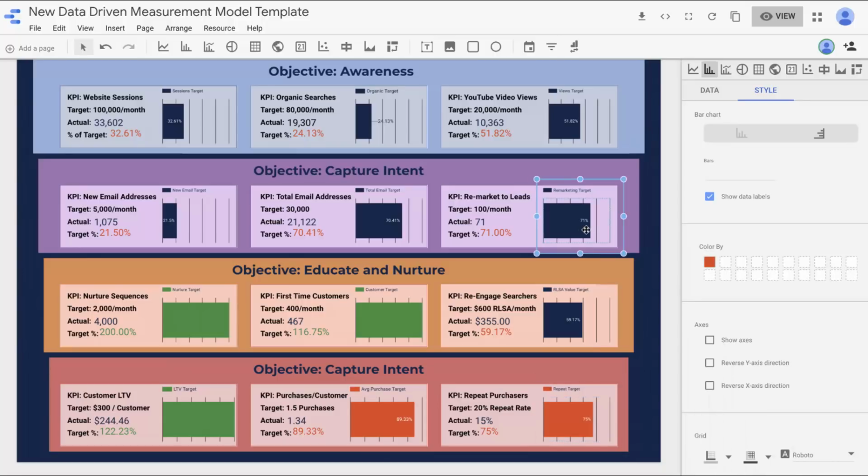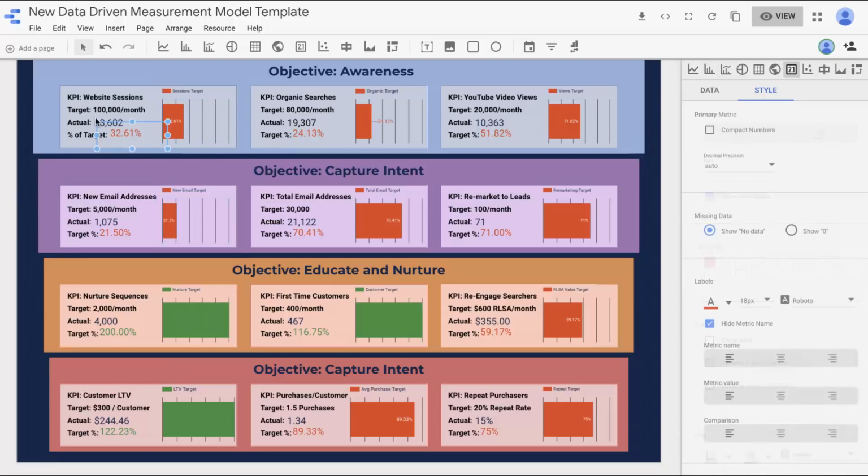So even though I consider this to be a completed dashboard, as you'll notice, it's definitely always a work in progress. So if you want to make things look better, if you want to utilize more functionality, then you can do it here. And so I'm just going to go ahead and make all these things red. And then what I want to do is I just want to show you, for example, this actual